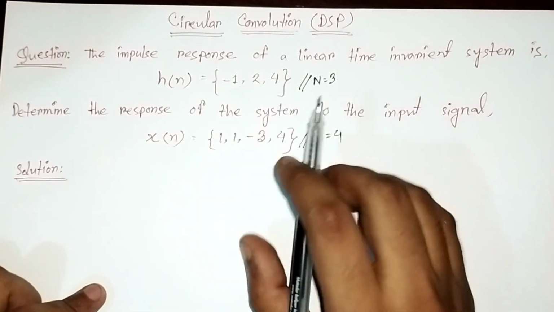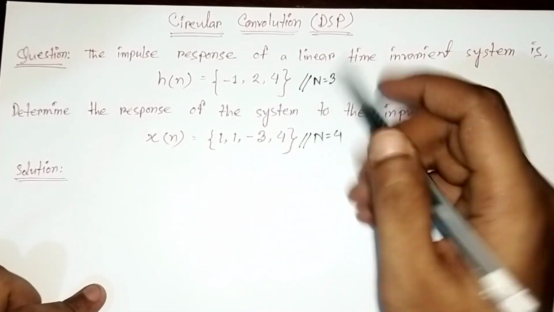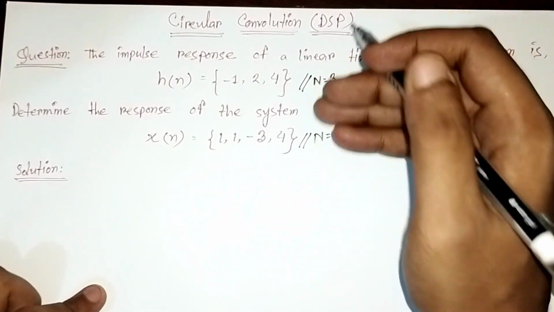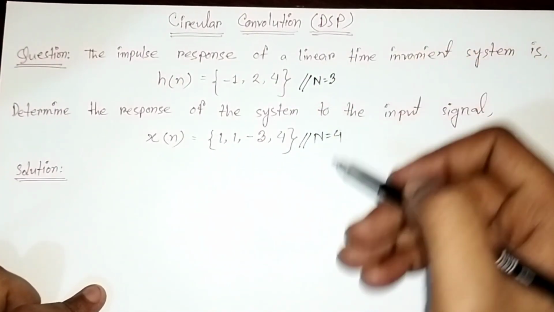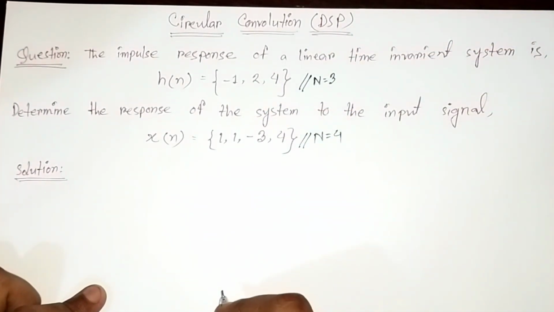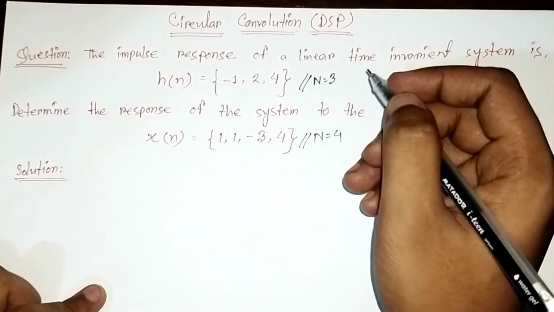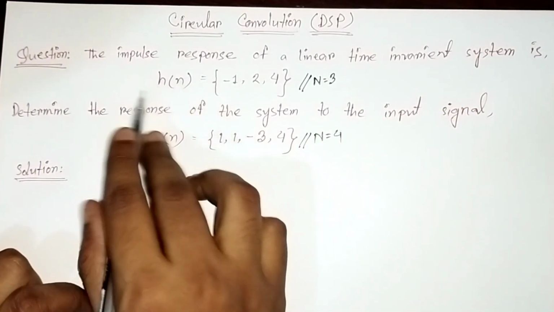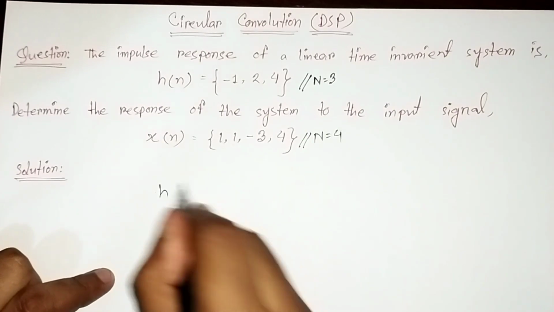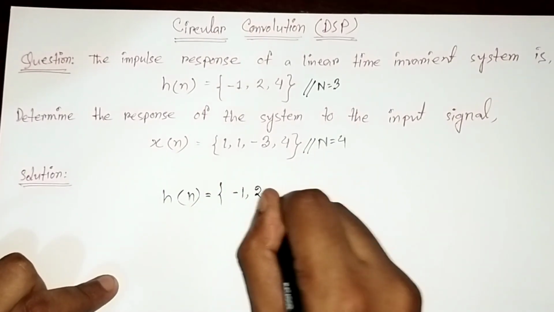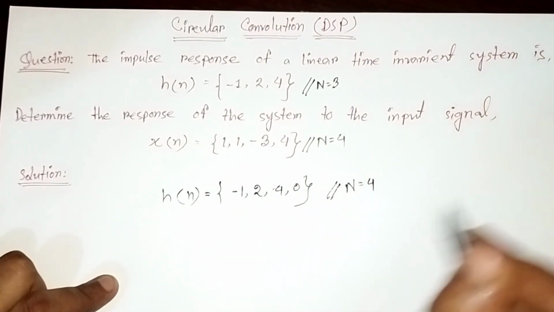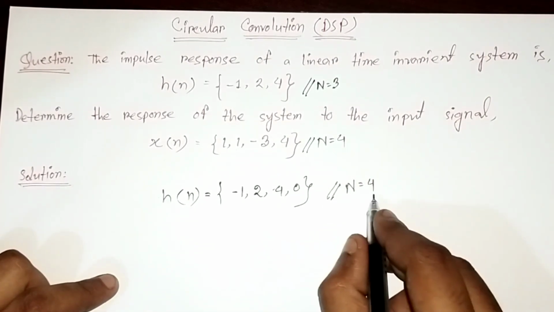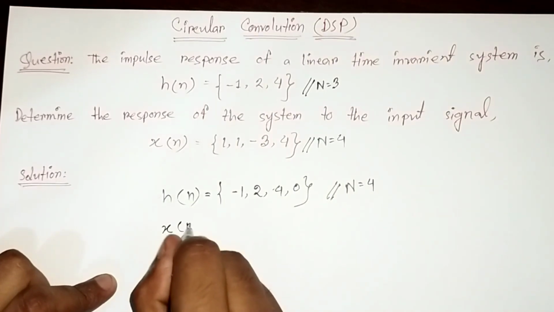If it were linear convolution, the length wouldn't matter at all, okay? But in circular convolution, you have to make them of equal length. If they are not, like in this case, you just add 0 at the end of the smaller sequence, okay? For example, I would add 0 at the end of our impulse sequence. Now this is also a sequence with the length of 4, and our x of n is already 4. So